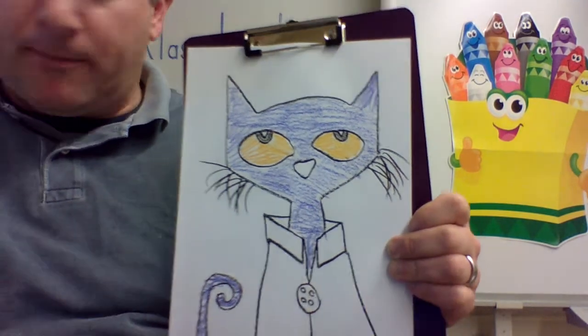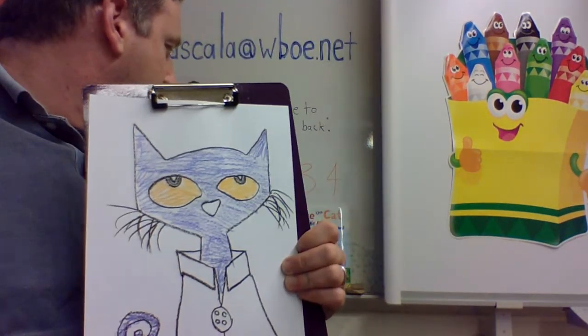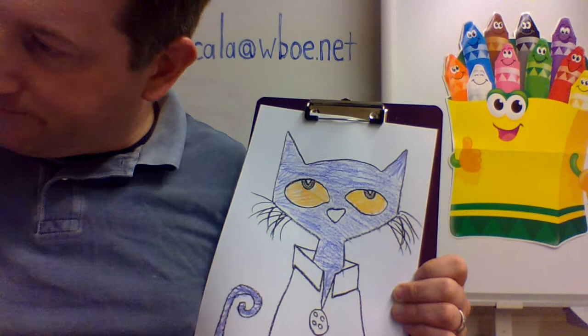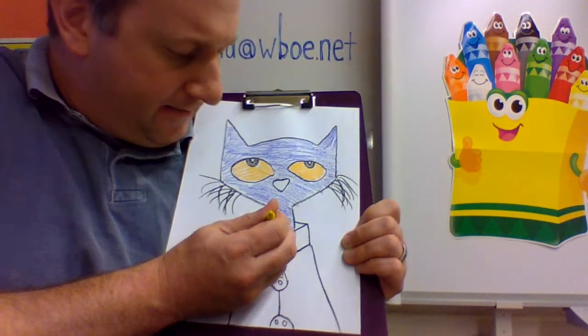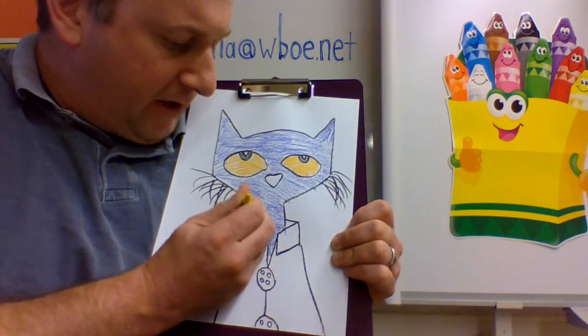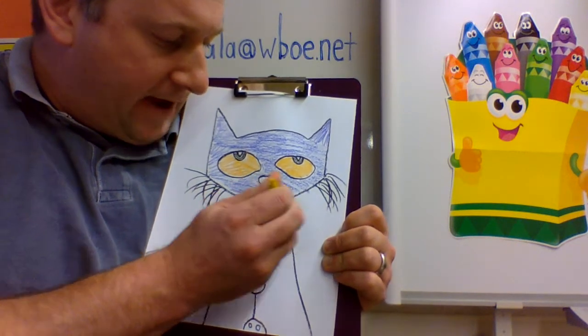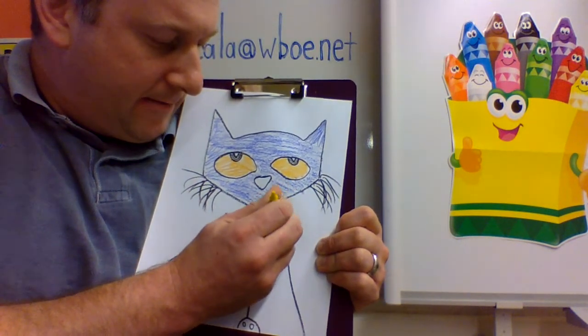Put it away, back in our box. The shirt is yellow. I'm going to use my yellow crayon. I'm going to color the rhombus collar, the back of his shirt, the inside back,